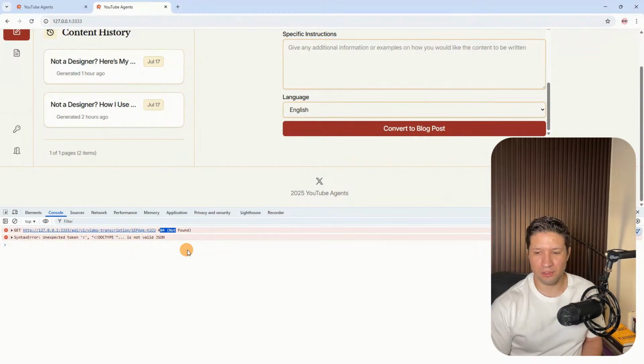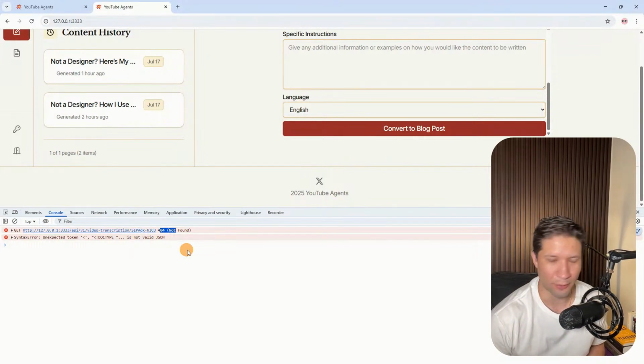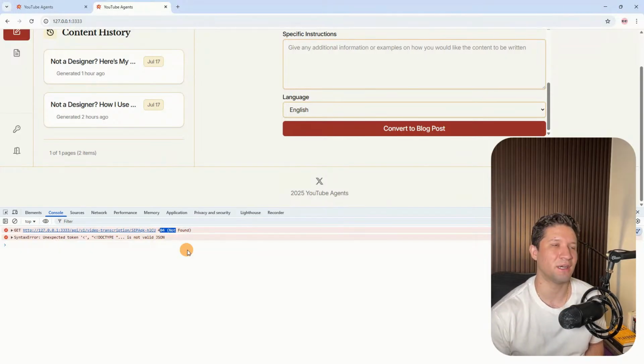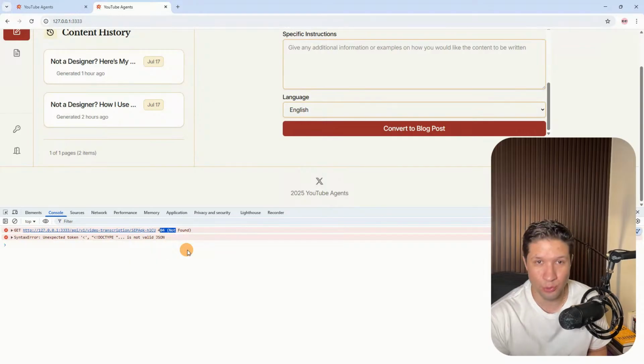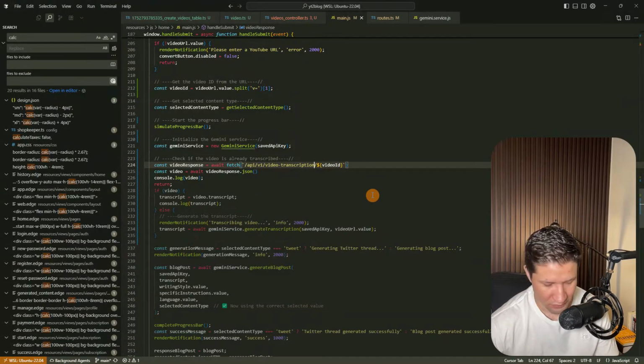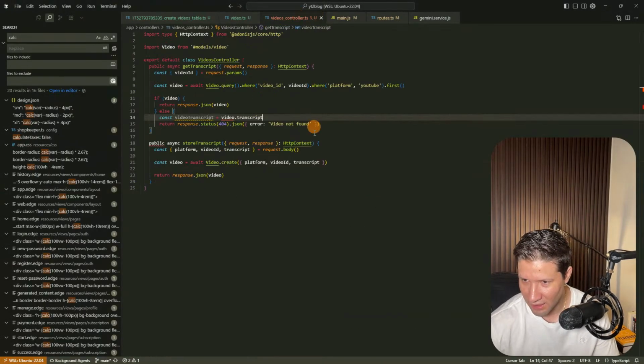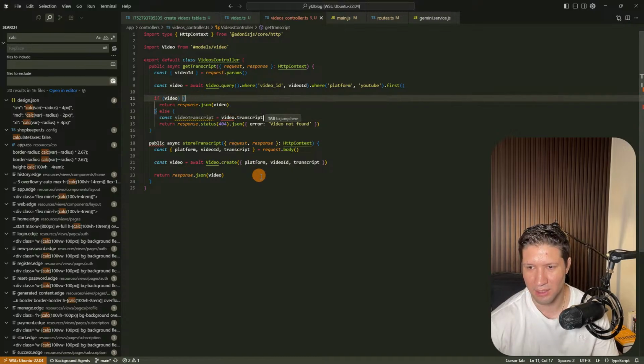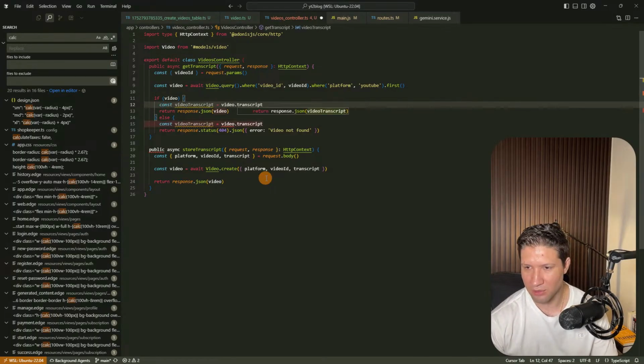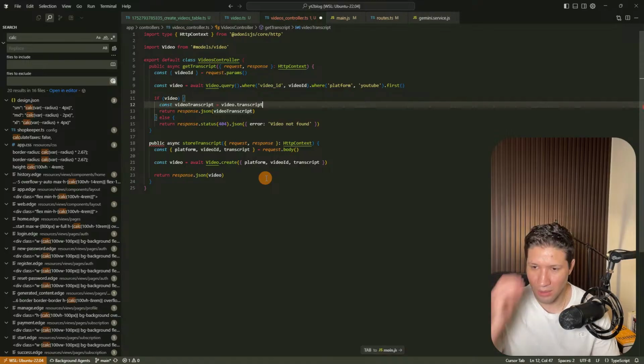So I don't feel comfortable returning the same 404 status code when a video is not already transcribed. I think I should differentiate between those two types of responses. So let's move this back to transcript, and in here, if the video exists, I'm going to return the video transcript, and else,